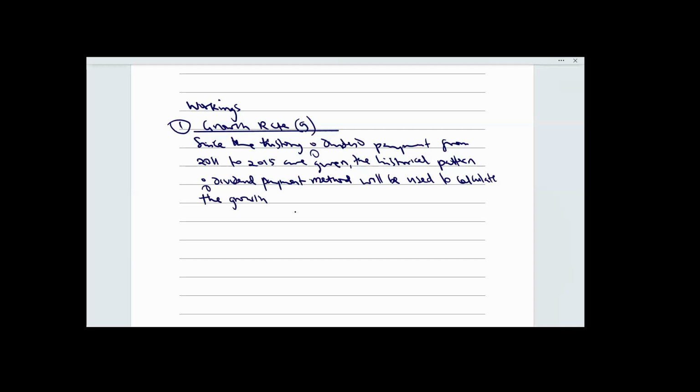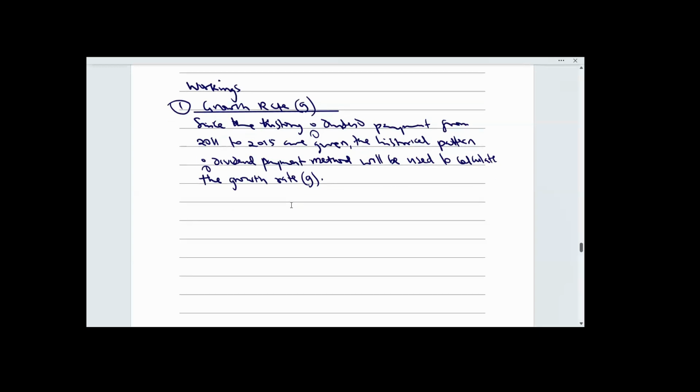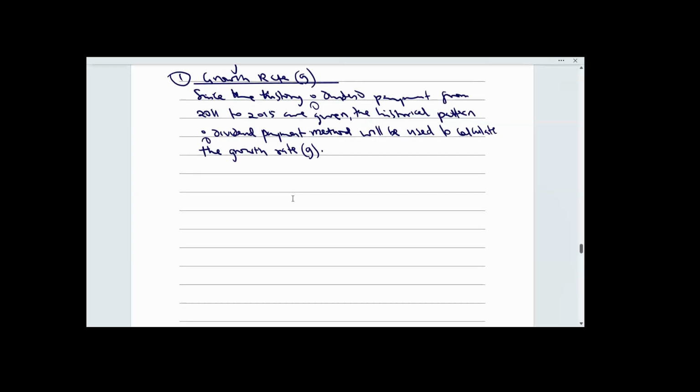If you do it, no penalty, but it's a waste of time. I'm doing this for your own understanding. I want you to understand why we are doing it this way. That's why I have to write it out. But if you write it like this on the day of your exam, of course, that means you are demonstrating your capacity. You are demonstrating that you understand what you are doing.